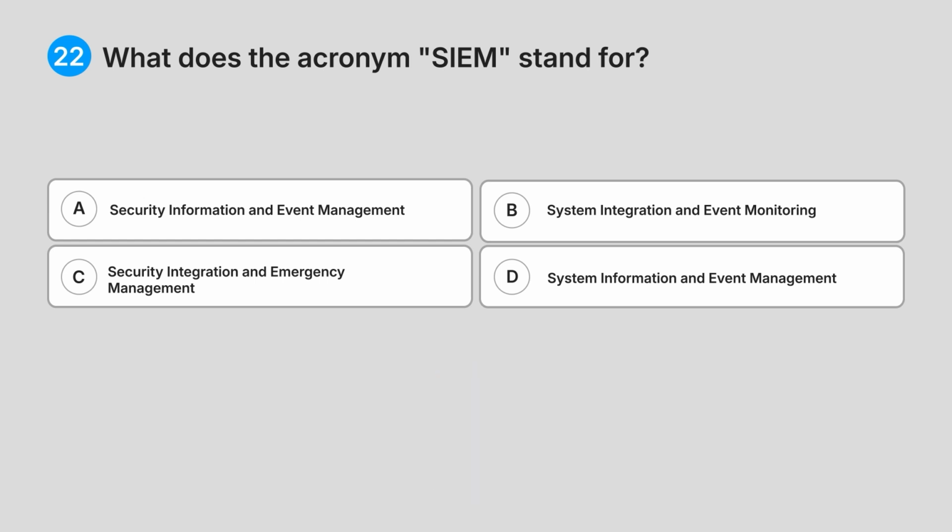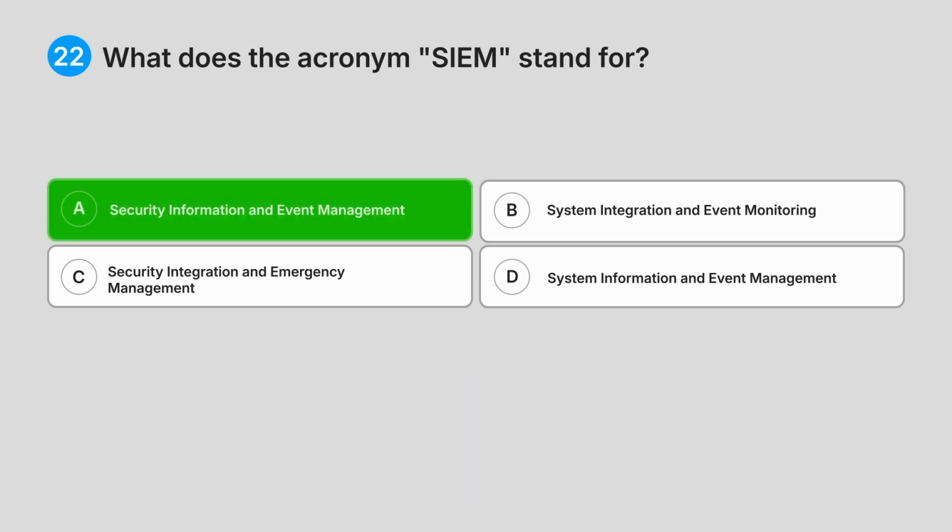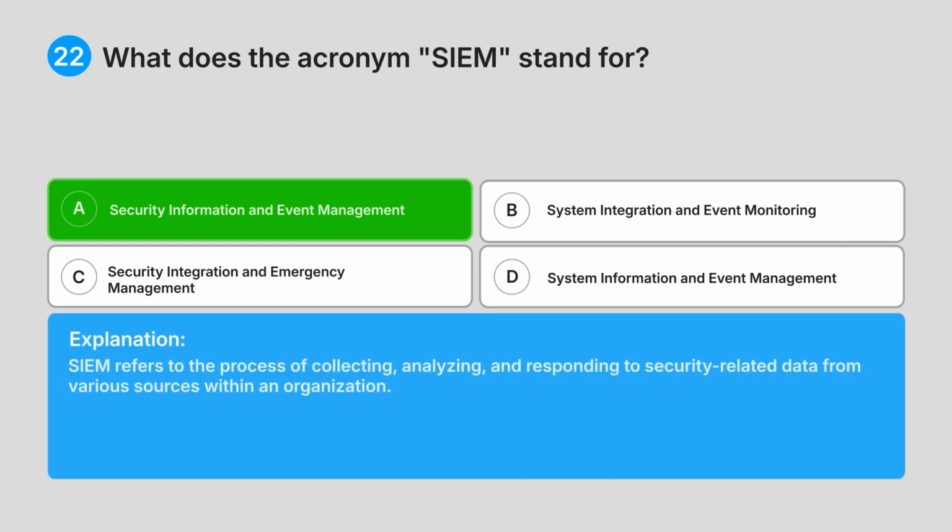Correct answer: A. Security Information and Event Management. Explanation: SIEM refers to the process of collecting, analyzing, and responding to security-related data from various sources within an